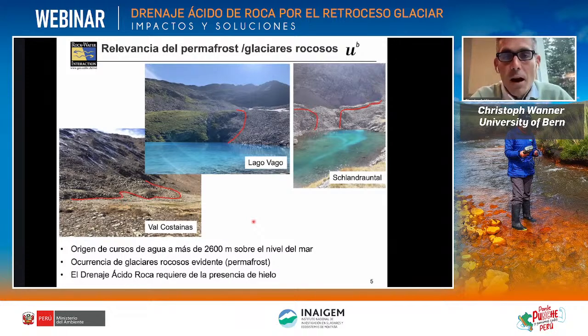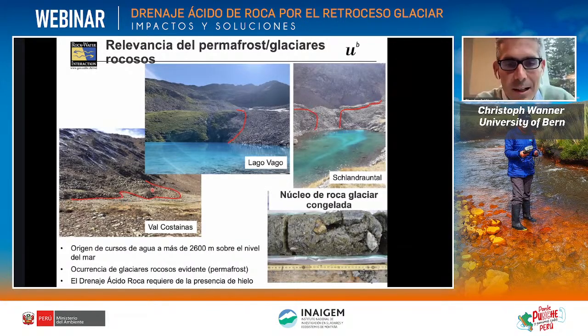Sea level, where we do have permafrost. And if you have a closer look, then you can identify the spatial correlation between acid rock drainage and the presence of ice. In order to get acid rock drainage, and that's an open question why we do need the presence of ice. I hope I can give you some insight why acid rock drainage is related to the presence of precipitation of